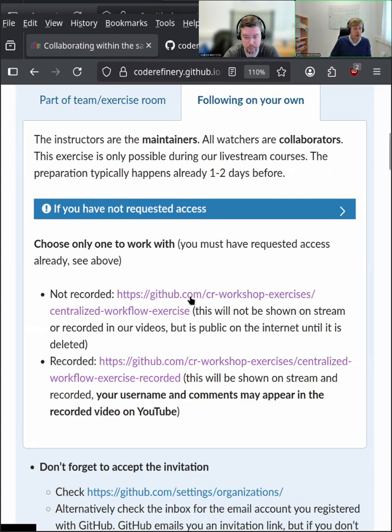You have first one that we will not share in the stream, and then there is one which we will show. So this is the one that we will show on the stream. If you don't wish that your username will be shown during the stream, you will work on the centralized workflow exercise repository. And if you don't mind, then please choose the recorded one. It would be fun to see a few people join on this one as well, so that we can see a lot of different recipes that will be added.